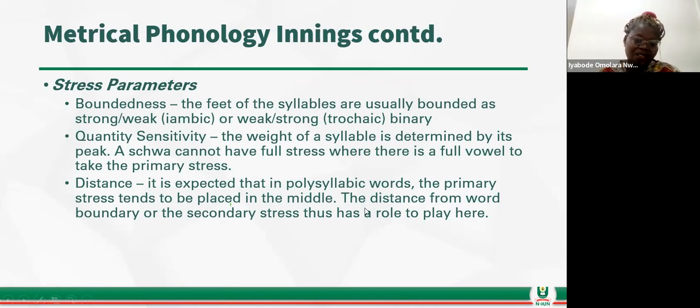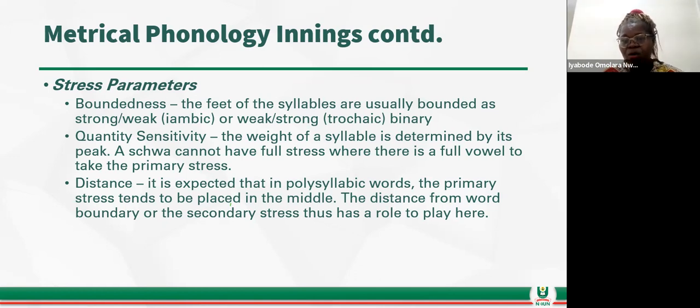Then we have also the distance. Now this distance from one boundary, or the secondary stress, has a role to play. When you have polysyllabic words, like I gave the example now, there tend to be two or even more nuclei in the polysyllable. But one will give way for the other, and one will downgrade to primary and secondary stress. What is at the very root, the root morpheme, we actually continue to retain the primary stress, whereas the one coming after it, that is also near a root morpheme, may graduate to secondary stress. So depending on that distance from the word boundary,